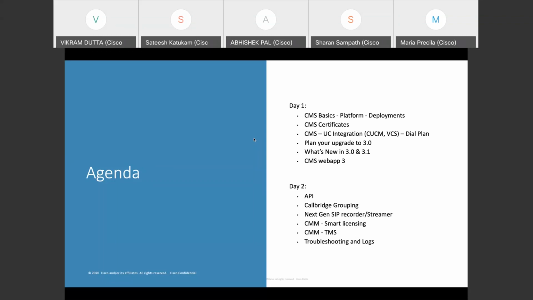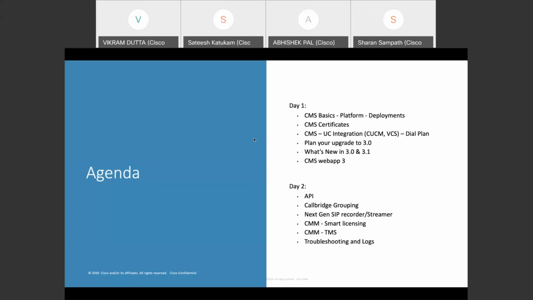We will be talking about how to use smart licensing on the CMM, as it is mandatory to have smart licensing from 3.0 onwards, and the CMM is also an essential component from 3.0 onwards. We'll talk about CMM and TMS integration, and then discuss what troubleshooting and logs are required when you actually come across a problem. So we're going to go into detail about those also. So to begin with the APIs,